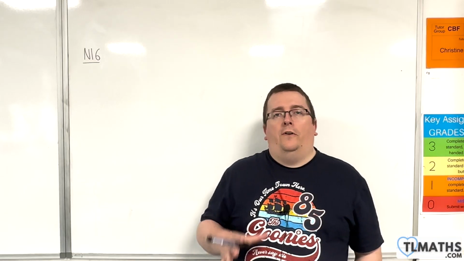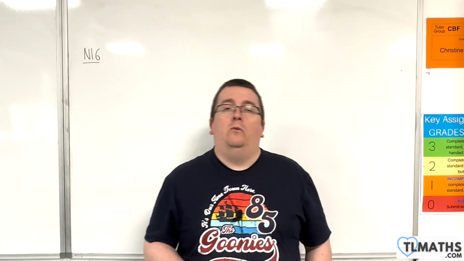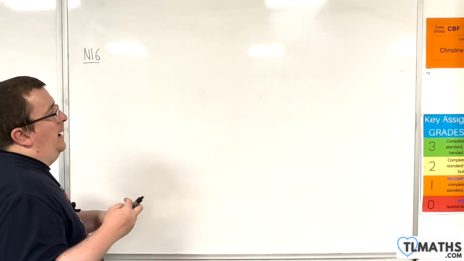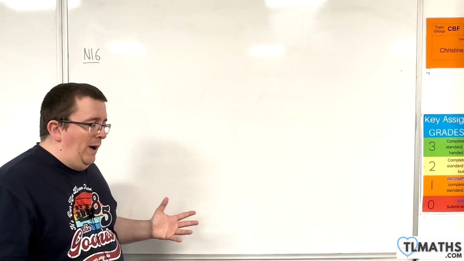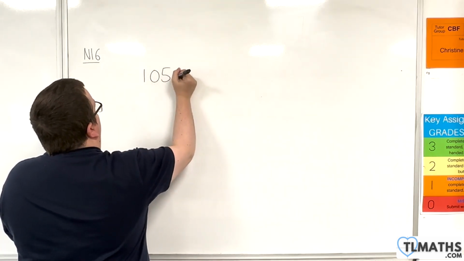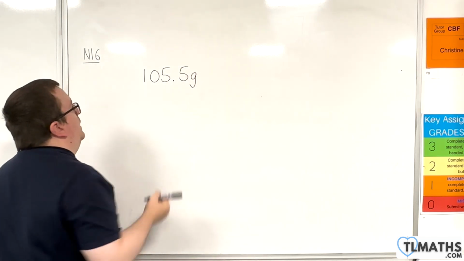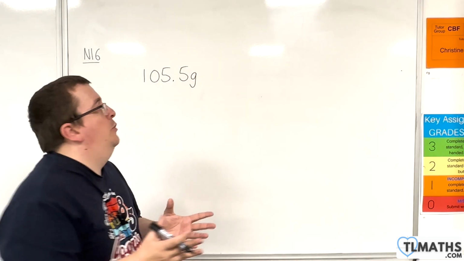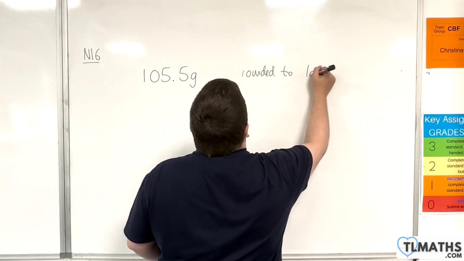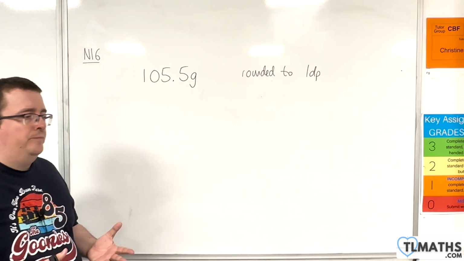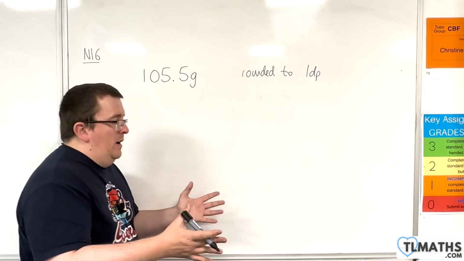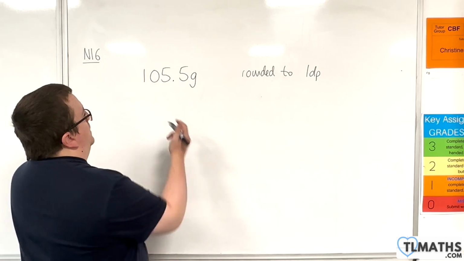So this section follows on very closely from the previous section where we were looking at error intervals. So if we had, let's say, a parcel's weight and it had been measured to 105.5 grams and the display showed values that had been rounded to 1 decimal place, for example, then we were able to identify that the error interval would have to be